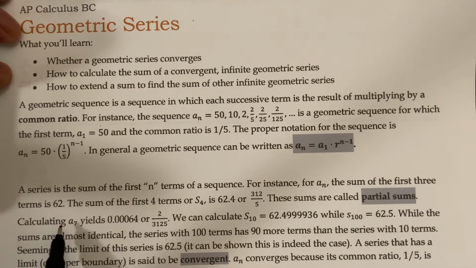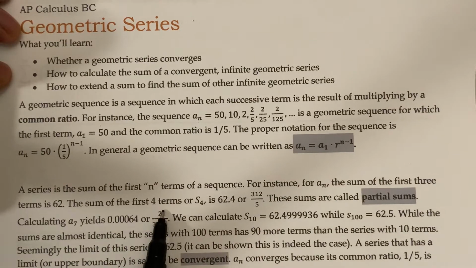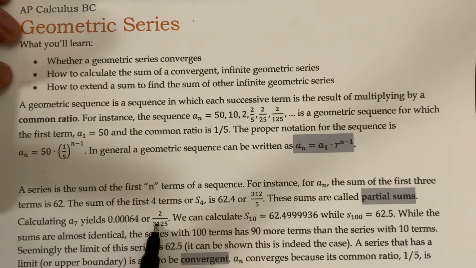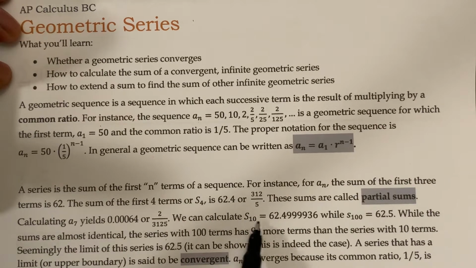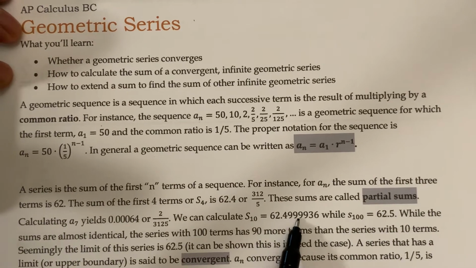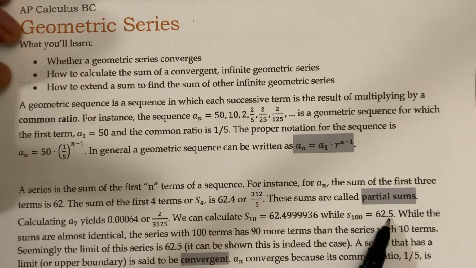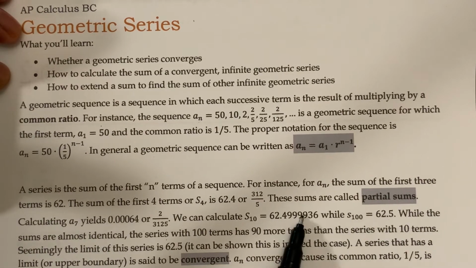And if we were to calculate a_7, which means the 7th term in this sequence, it would be 2/3125. And so then we would add that to the 62.4, and we would end up with this value. That would be if we calculate it as S10. And so S10 is 62.499936, and S100 is 62.5. So in adding 90 terms to this series, the sum only goes up by